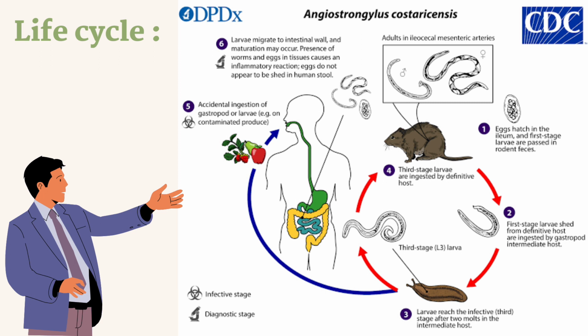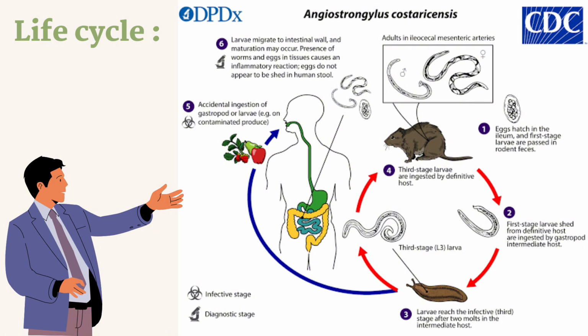So, moving on sa life cycle, naay tulo ka host: a definitive host or primary host, which is the rat, and intermediate host or the carrier, kana mao na sila ang mga snails, slugs, and us humans or mammals is accidental host. So first, mag-hatch ang egg sa ileum, and the first stage larvae are passed in the rodent through feces. So the first stage larvae shed from definitive or galing mismo sa primary host are ingested by